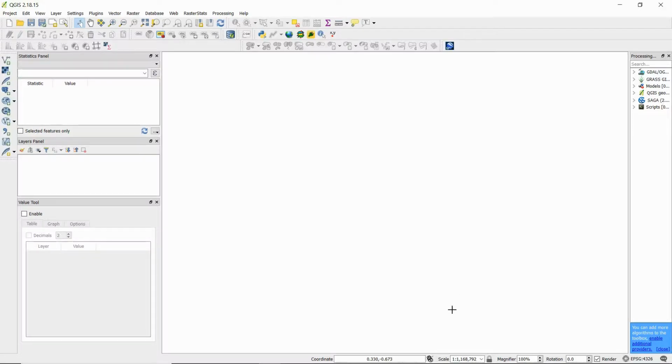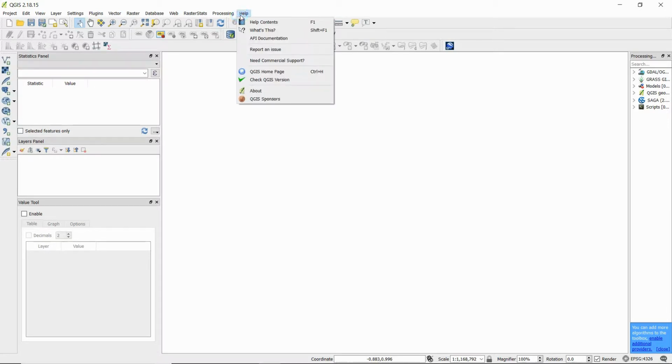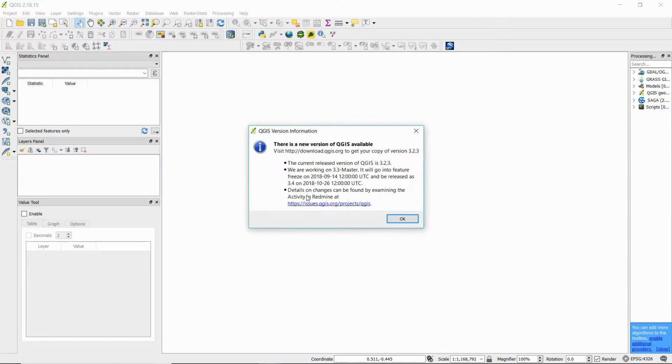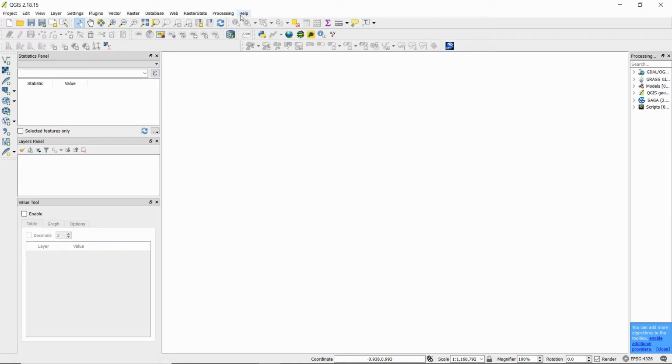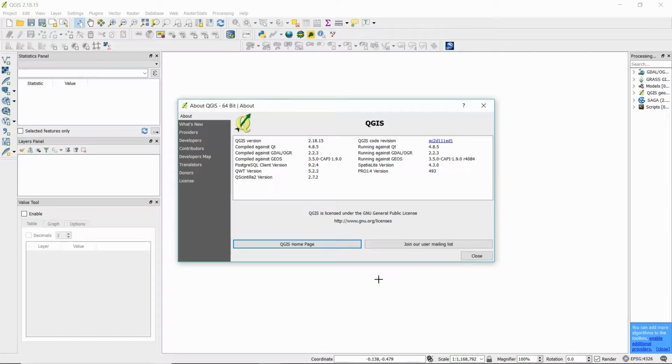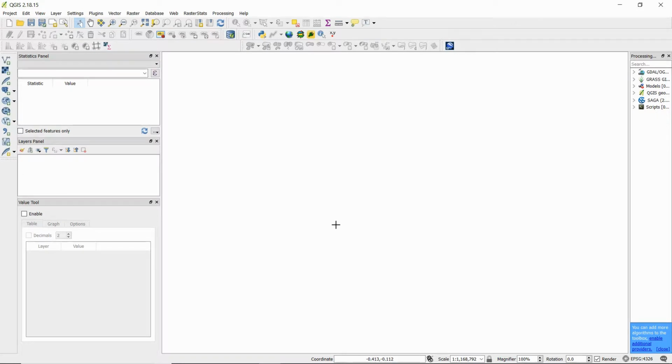Okay, so this is the demonstration of how to georeference a stitched image. We're using QGIS here. The version of our QGIS is, oops, sorry about that. Version 2.18.15. So this is not the new version. There's a new version now that's been released by QGIS, but this is the software that we use for our demonstrations. So the first thing that you need to do is to open a new project,